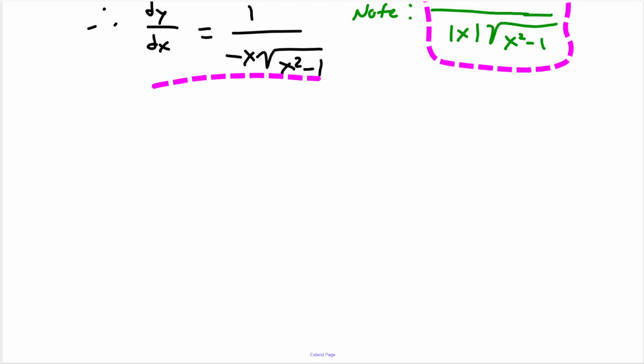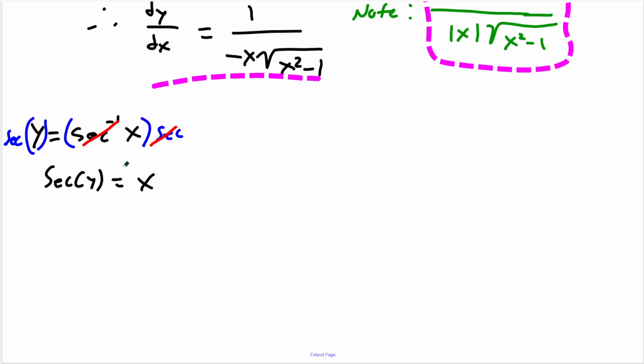So let's let y equal secant inverse of x, right? So if y equals secant inverse of x, I want to cancel out the inverse, so I'm going to do secant of both sides. Should cancel here, and I get secant of y equals x. Okay, secant of y equals x. Take the derivative with respect to x of both sides, and we get